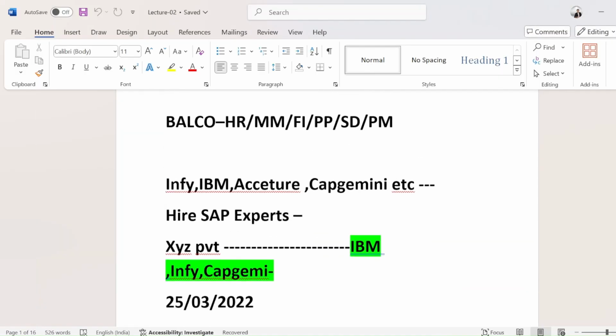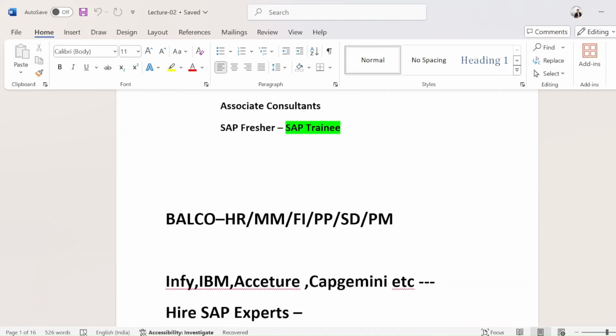Okay, so let me tell you with one practical example so that you can relate. All of you have answered correctly, but let me answer precisely so that you can answer that in interviews. Who is the end user and who is a consultant? The end user is the one who does repeated tasks, like repeated data entry tasks. And consultants are those who are responsible for all end-to-end configuration from the backend, as per the client's requirement, as per the business requirement, in SAP, right?